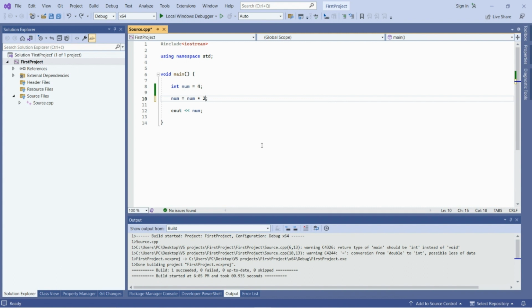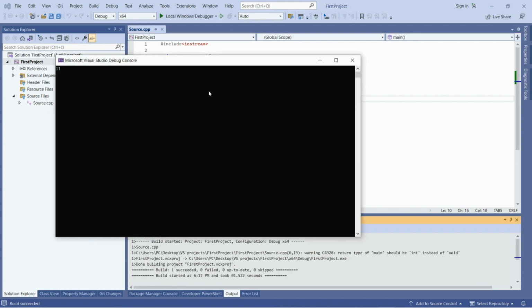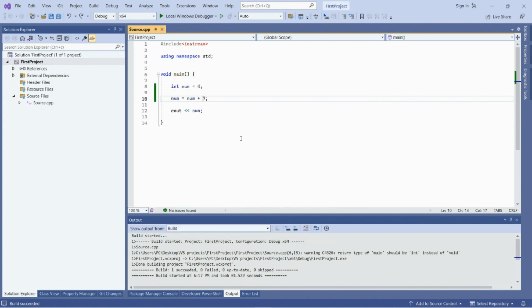You can also increase this variable's value by a certain number. For example, I can increase this variable by 7. And now the value of the variable is 11. You can also decrease this variable with any number or divide.